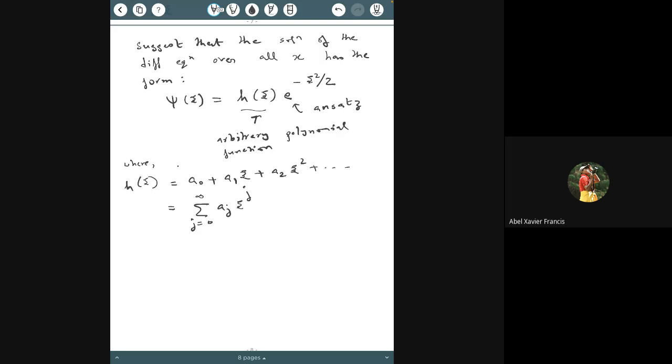So the first thing we'll need, of course, is the first derivative of this psi form. First thing we'll do is take a first derivative. And that is